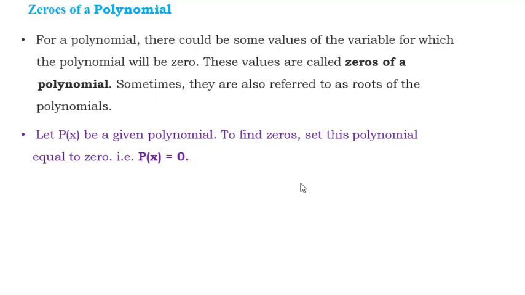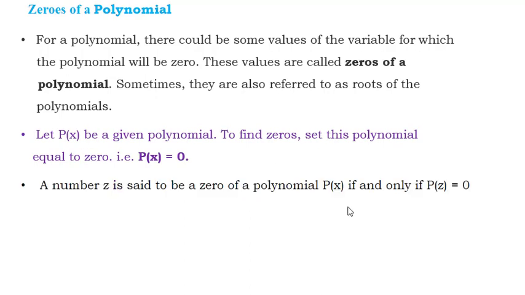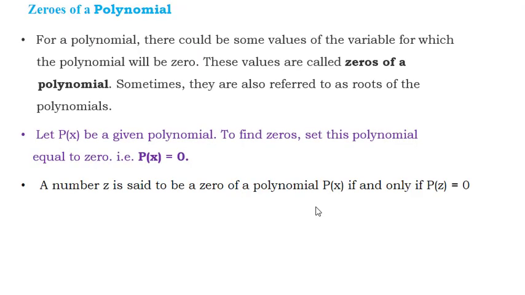So zero of a polynomial is that value of the variable for which the value of the expression becomes 0. That is, the value of p(x) becomes 0. So if I say z is the zero of the polynomial, then what happens? p(z) will become 0. Now let us understand the geometric meaning of zero of a polynomial. So far we have studied what is a zero of a polynomial, and as you have done problems related to zeros of a polynomial in your 9th standard, you must remember how you calculate zeros and what is a zero of a polynomial.